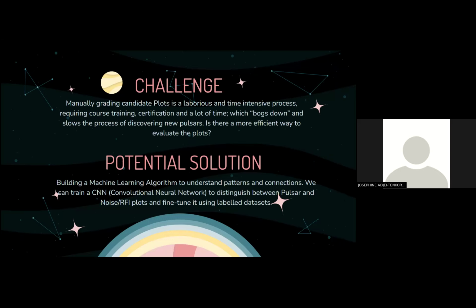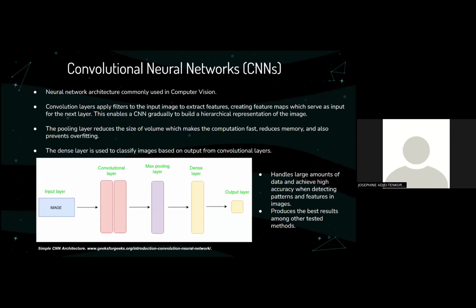In our technological age, manually grading candidate plots is too cumbersome. For that reason, we designed a machine learning algorithm, specifically a convolutional neural network, to distinguish pulsar and non-pulsar plots. What is a CNN? It's a neural network architecture commonly used in computer vision, a branch of AI that deals